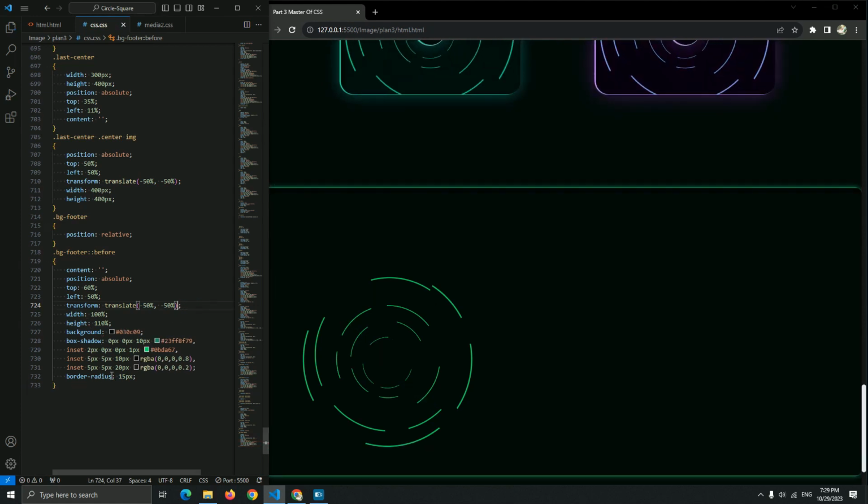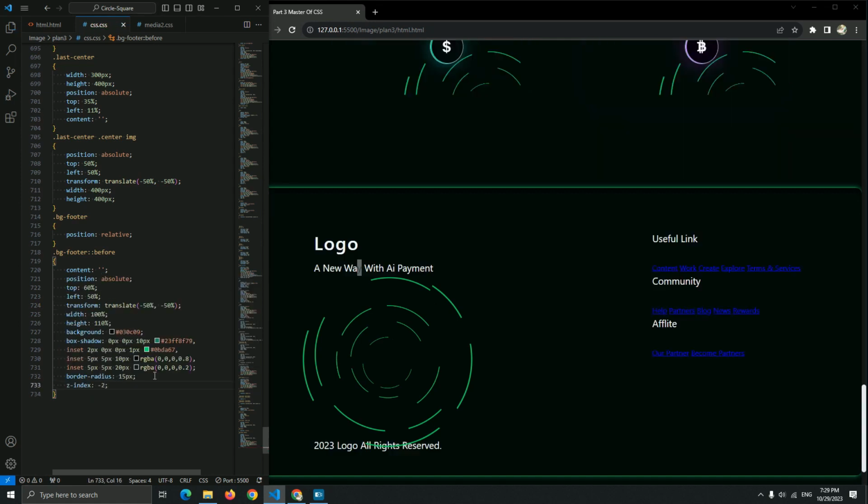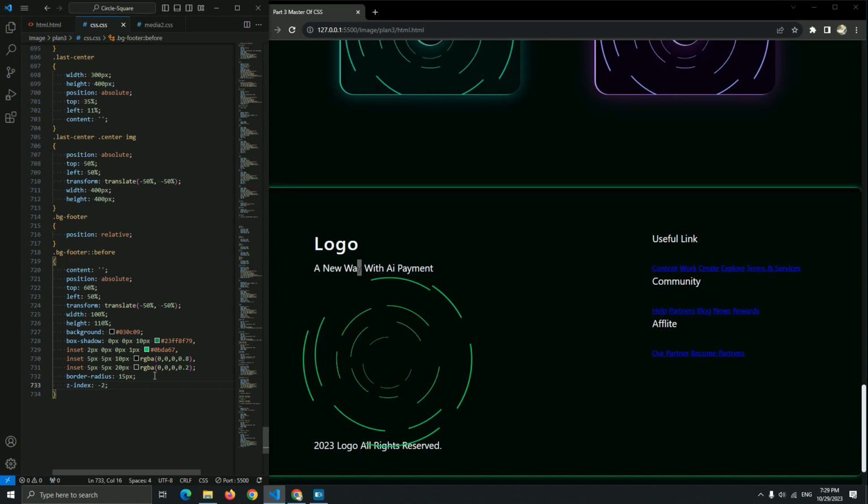Okay, now let me just add a z-index of -2. Oh yes, -2. And the box shadow, let me see, 30 pixel, and no need for inset, so I just remove this.